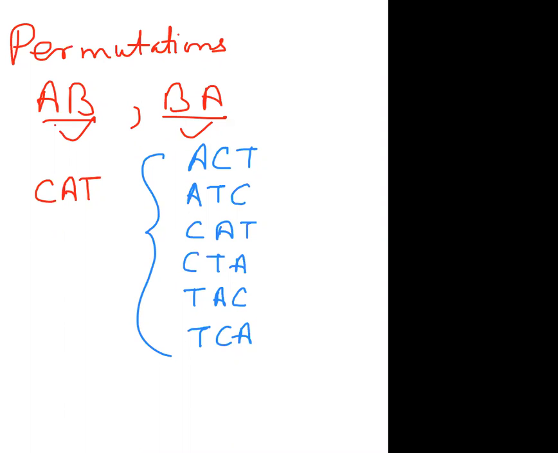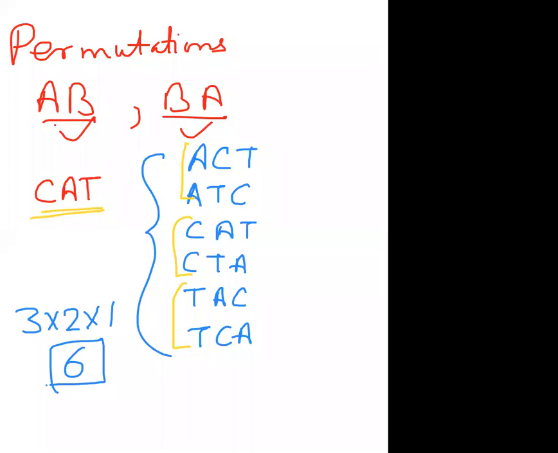In this, A starting two, C starting two, and T starting two, altogether 6. If you remember the previous concept, we are going to arrange 3 alphabets. When arranging 3 alphabets, in the first place any of the 3 alphabets may come, whichever we have taken. Now 2 only are with us. Now 1 only is with us. So there are 6 ways. And you see, I have written 1, 2, 3, 4, 5, 6. So we find that permutation can be implemented.